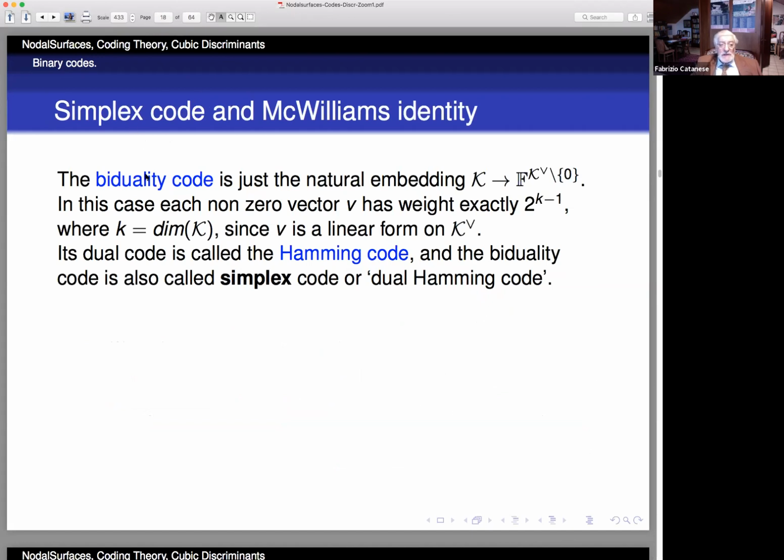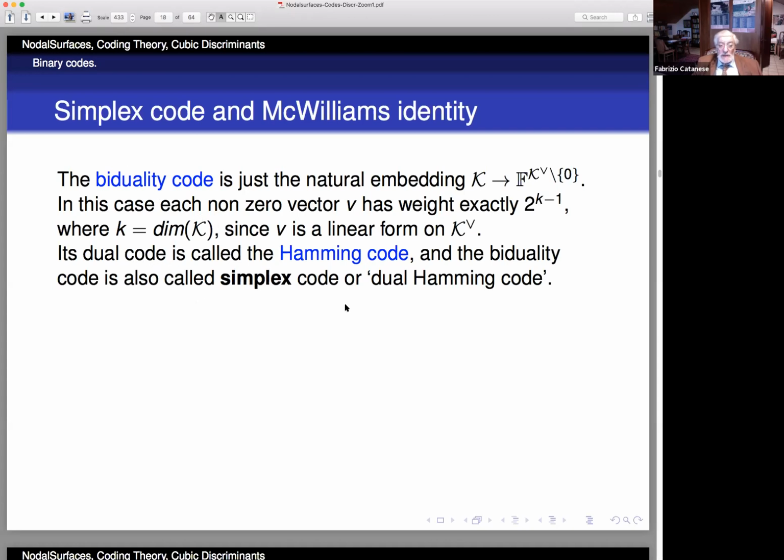Now, the simplest code, I call it the biduality code, because you just take K, and K can be thought of, by biduality, as linear functions on the dual space. And so, since a linear function always takes 0 on the origin, I get a mapping of K to F to the functions on K dual minus 0. In this case, each non-zero vector has weight exactly 2 to the k minus 1, where k is the dimension of K. And its dual code